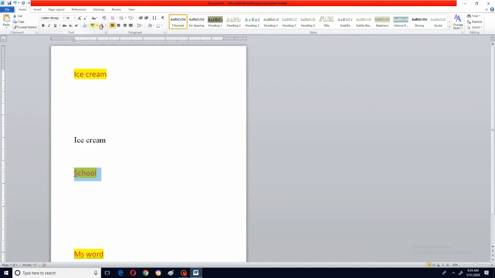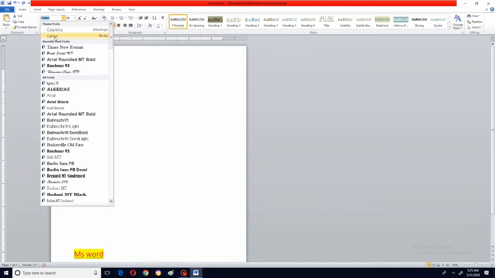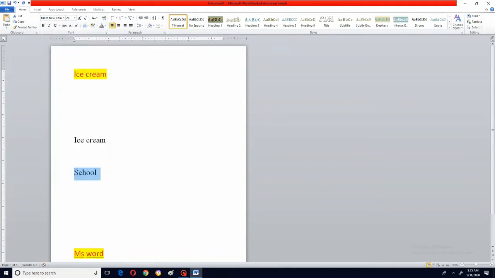Or else you can change like this. Okay. Now I am going to change the font style and font size. Calibri is there now, and I will change it for school. So go to Times New Roman. You can observe the change, right?